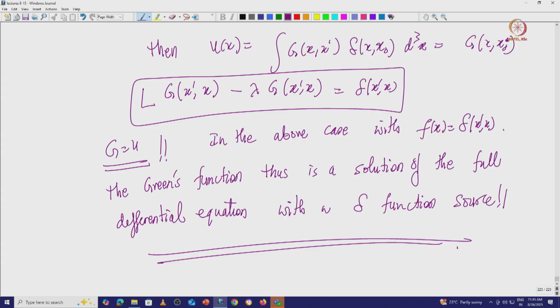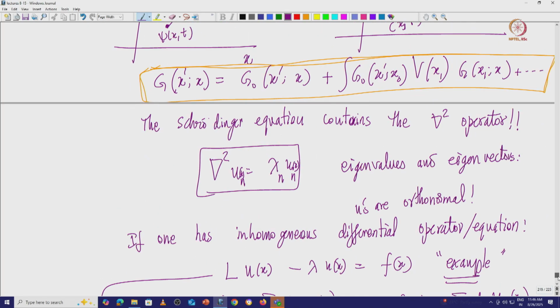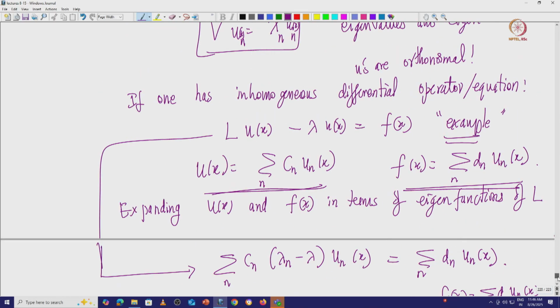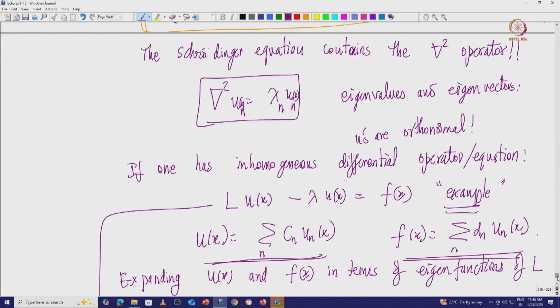Okay, so what we have seen are two properties of the Green's function. This makes our life easier essentially, and these are two important properties of the Green's function. So one is I showed you how the Green's function, okay, these two properties are essentially telling you that one, the Green's function is nothing but the sum of all the solutions of the differential operator,